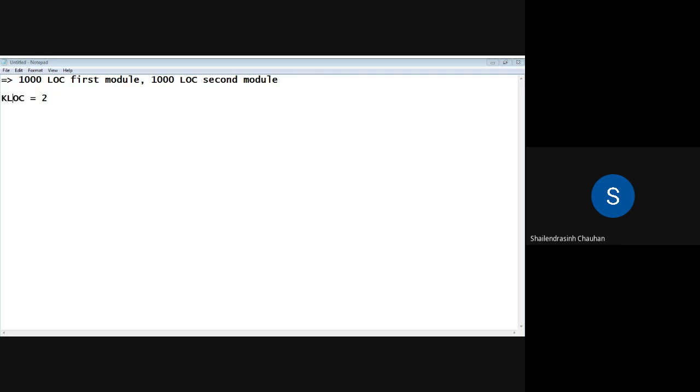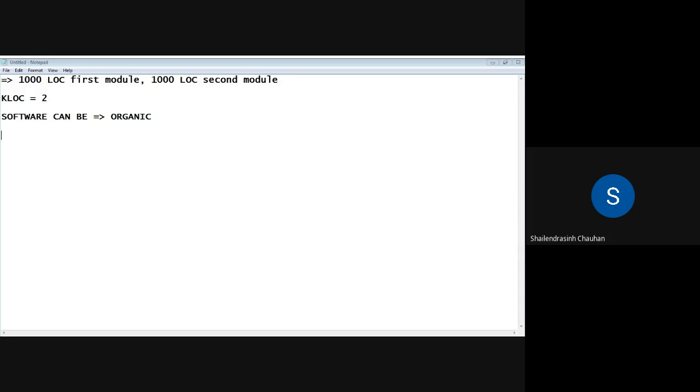And as per the description, we can say that the software will be categorized under organic.